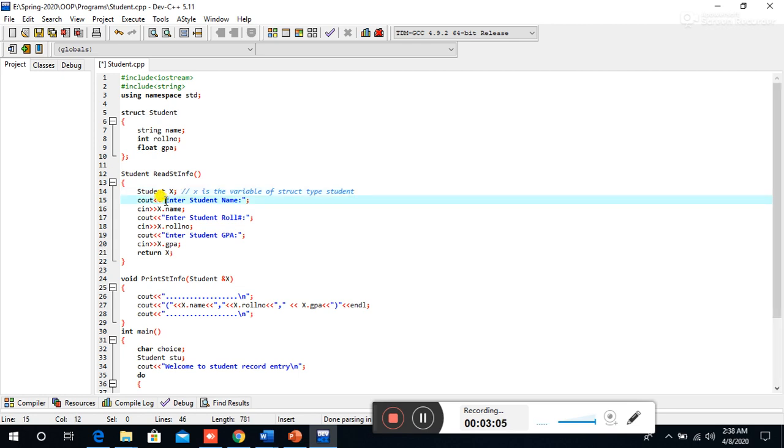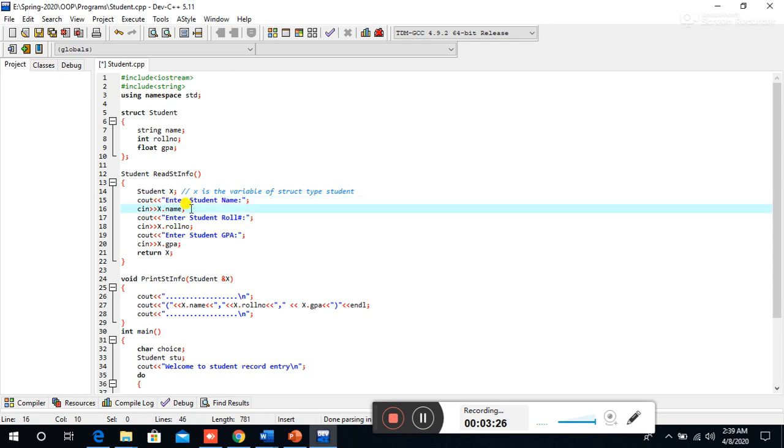Here in line 15 is the body of the function readStudentInfo. This function will return data of the type student structure. Here, enter student name.